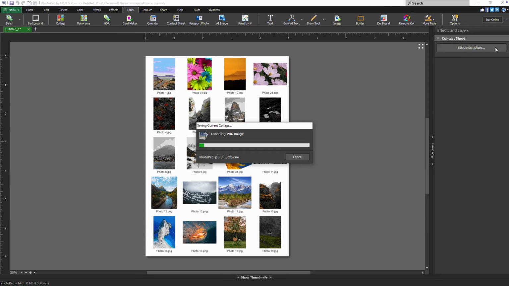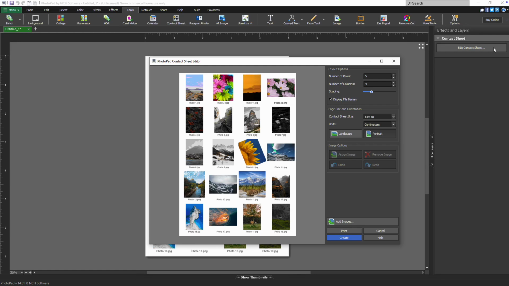If you need to make more changes, you can always reopen the Contact Sheet Editor by clicking the Edit Contact Sheet button. This will bring you back to the editor, where you can adjust the layout, add or remove images, or make other